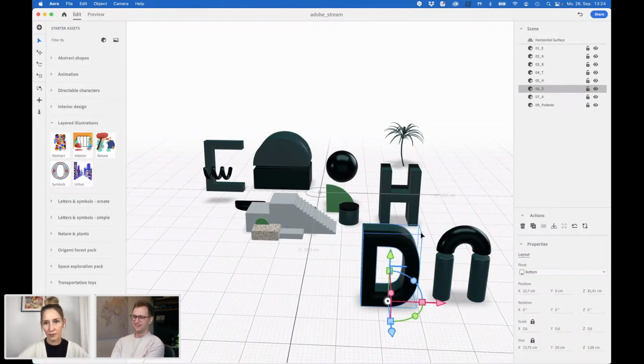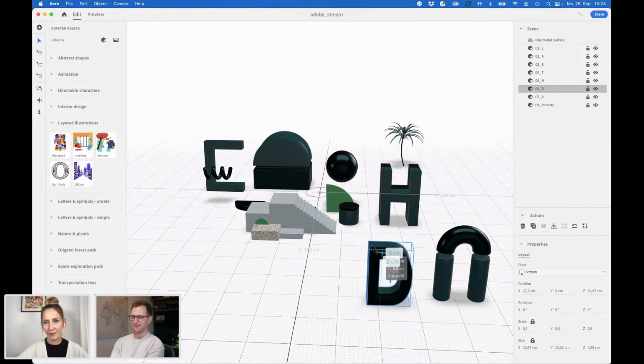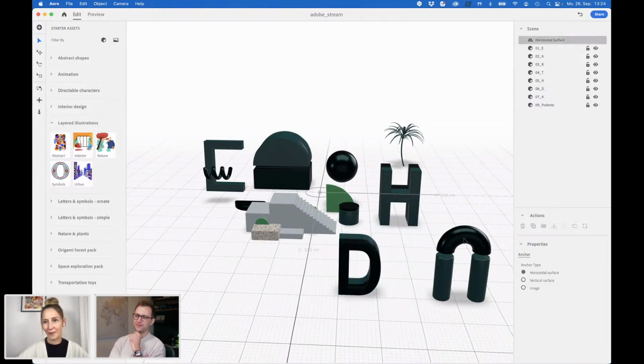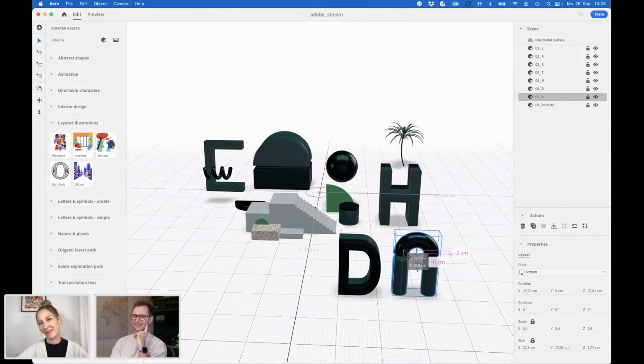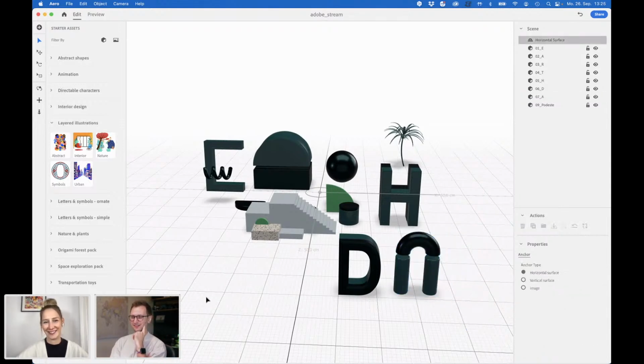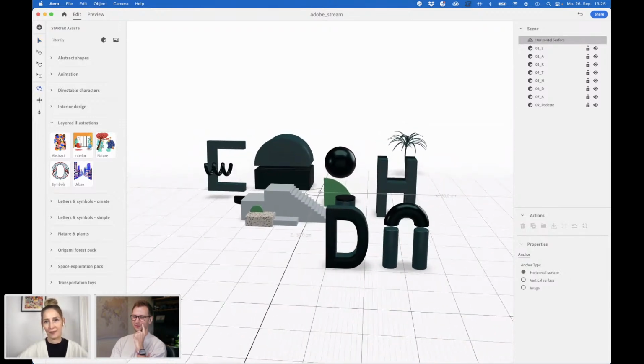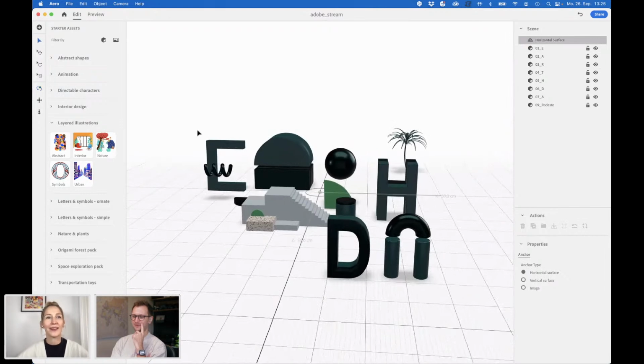Yeah, it's just a different mindset in 3D. Even just the E, for example, I had no idea until you spun the camera around that the spring element was so far away from the rest of it. Yeah. It really just changes almost the emotion of it when you change the perspective. Yeah, that's true. But I think that's the exciting part about it. Yeah, definitely.